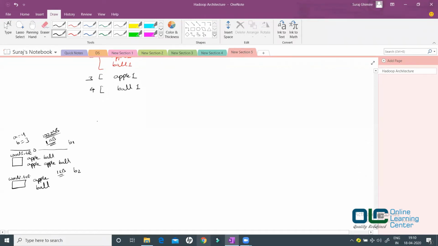Okay, and let's assume you are actually running this program in your multi-node cluster, right? So you have a 5 node cluster, let's say 1, 2, 3, 4, 5. When I say 5 node cluster, I'm not counting the master nodes. I'm just counting the slave computers. Now this word1.txt is broken down into only one block B1, and let's say this B1 is present here. Similarly my word2.txt is broken down into only one block B2. Let's say B2 is present here. Okay, so these are the blocks.